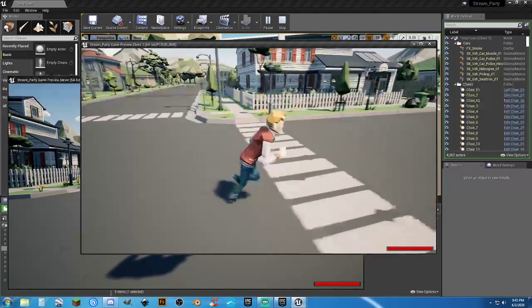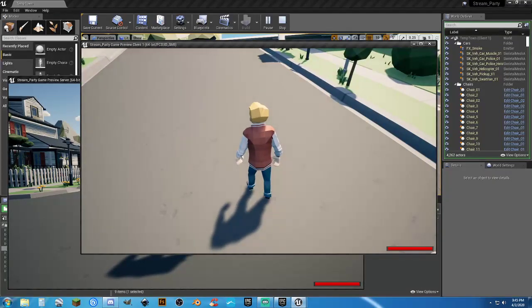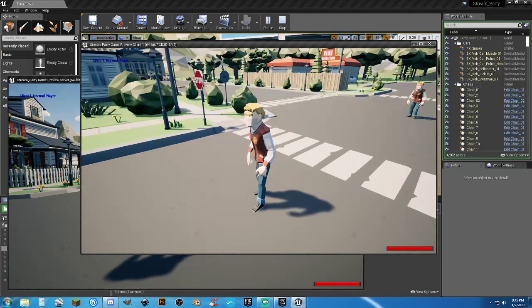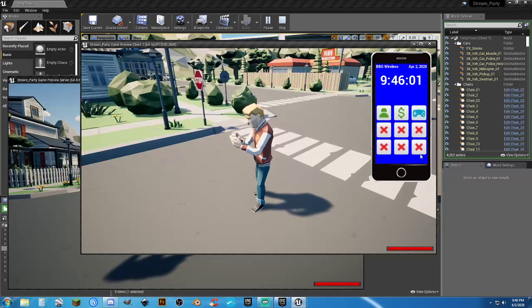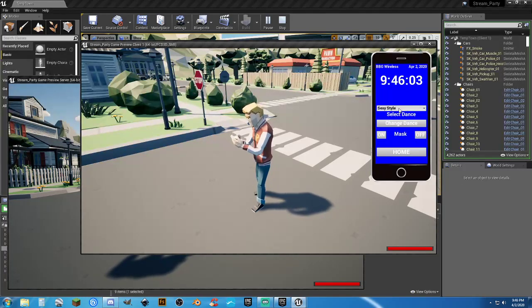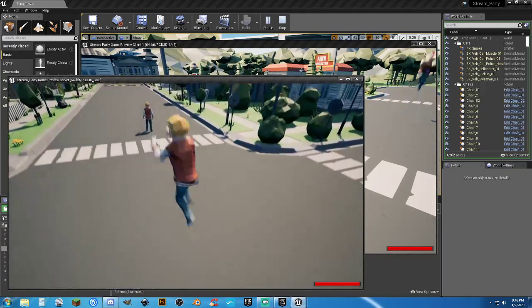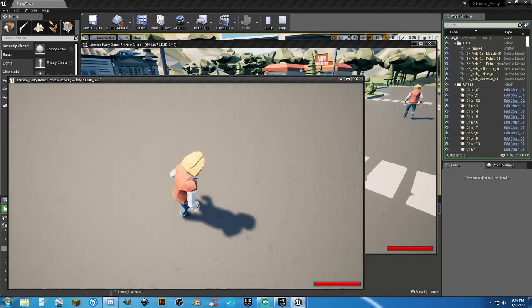Alright, so here's your client. We'll press G. They're just a normal player. If they hit 1, nothing happens. Hit Q to open up the phone. They can change their dance, do whatever they want. They don't have a mask, so they can't put one on. And if you hit the center button, nothing happens. So close the phone, go over here. This is the